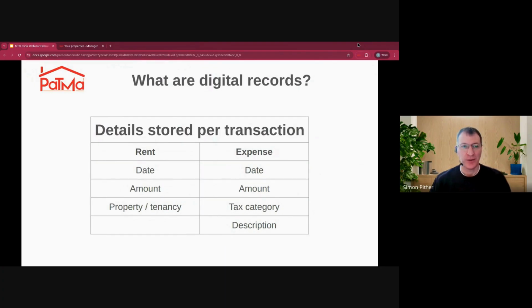So I said I'd talk about what digital records are, and that's what I'm going to cover now. Specifically, a digital record, specifically in terms of Making Tax Digital, is a transaction level record